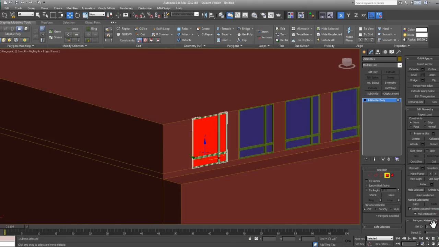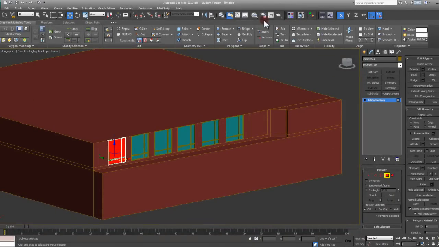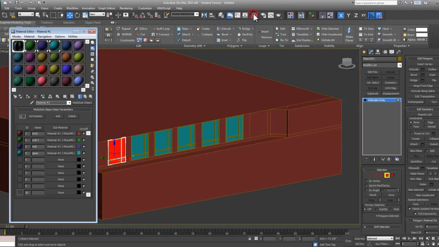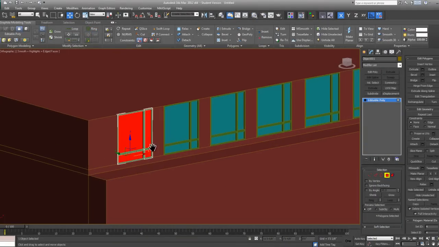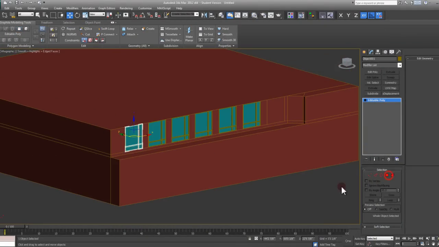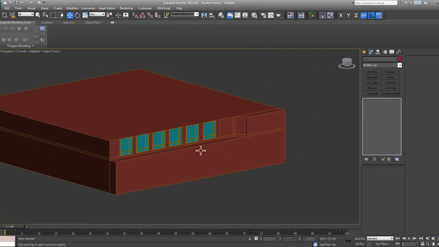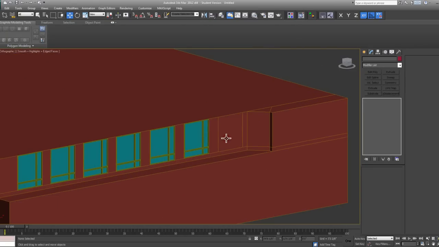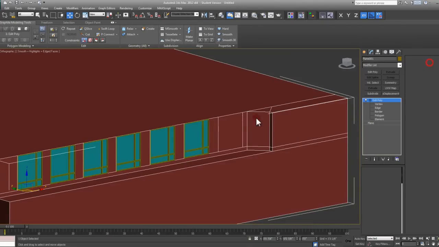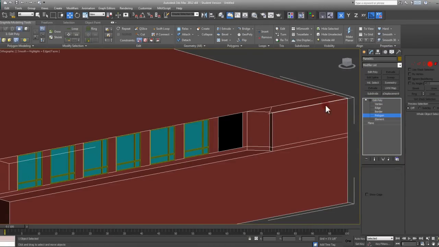And even if I come in here and I say, oh, this is now ID number 4, you see it changes on all of these windows as well, which I think if I go into my material editor, ID 4 is my glass. So I do need to make sure that my glass is on ID number 4, and I can get out of there. And so that's kind of my window right there. And it looks like I even missed one of my windows here, so I can delete that out,